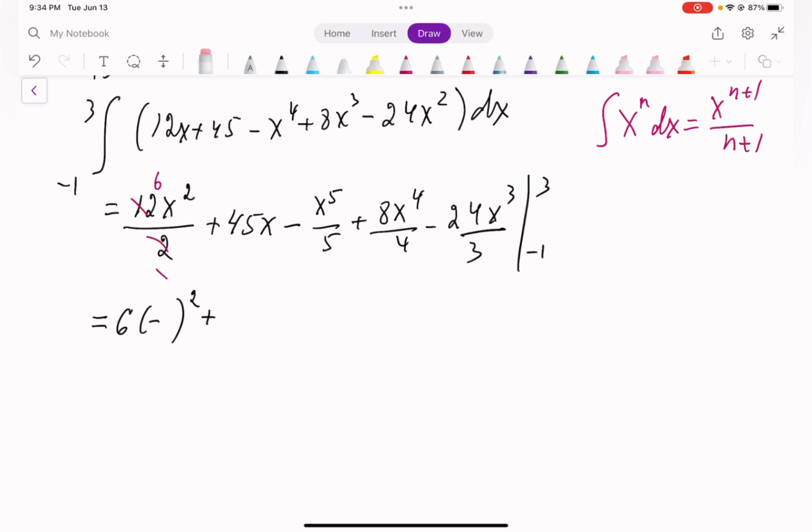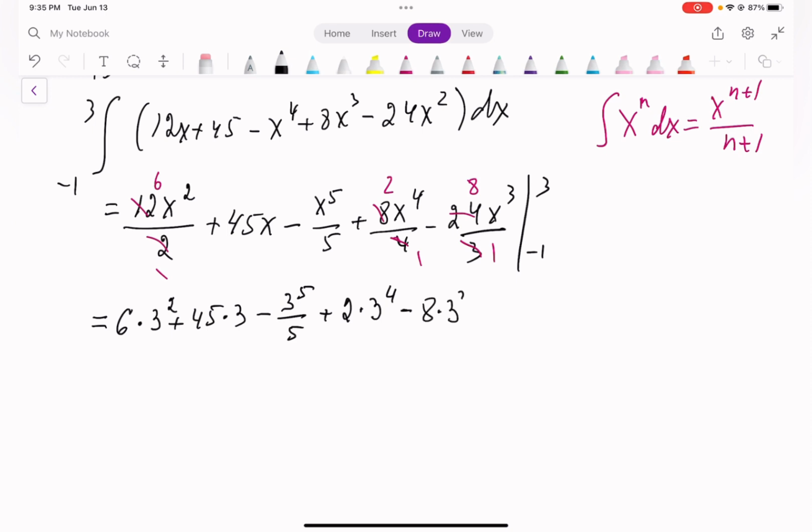It's going to be 6 times 3 squared plus 45 times 3 minus 3 to the power 5 over 5 plus 8 times 3 to the power 4 over 4. Actually, this 8 and 4 I can cancel, 1 and 2, and I will have here 2 times 3 to the power 4. And the same way, 3 and 24, 1 and 8, and it's going to be minus 8 times 3 to the power 3. Okay, now minus,